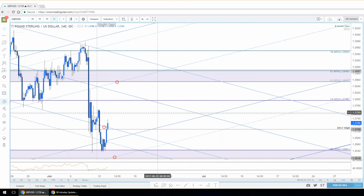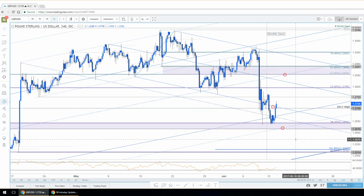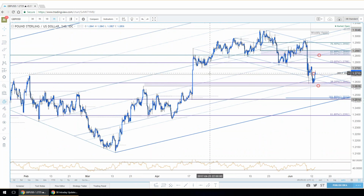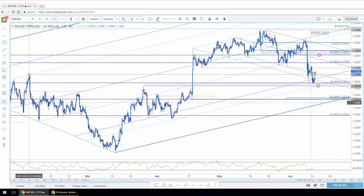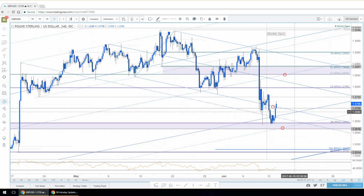Here's what it looks like on the intraday. Okay, divergence, which is exactly what I wanted to see. Price action making a much steeper low, the oscillator making a higher low, one above 30, one sub 30. So I do like this thing coming off higher from here. I think you could get another pullback into the 2016. That's not the 2017 high anymore, so let me just get rid of that. The February 2017 high. You might get another pullback into that region,